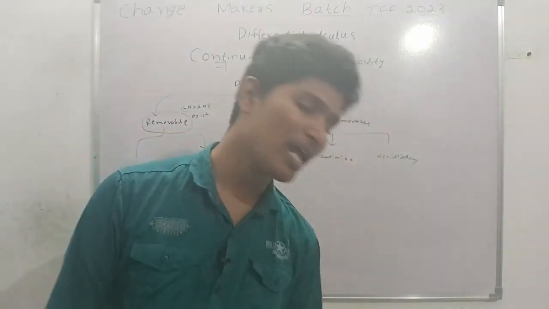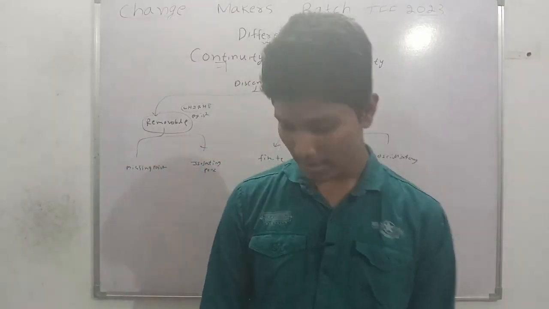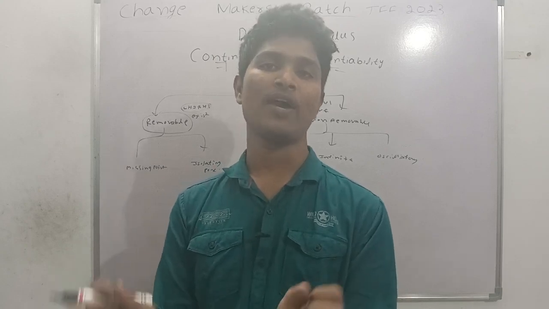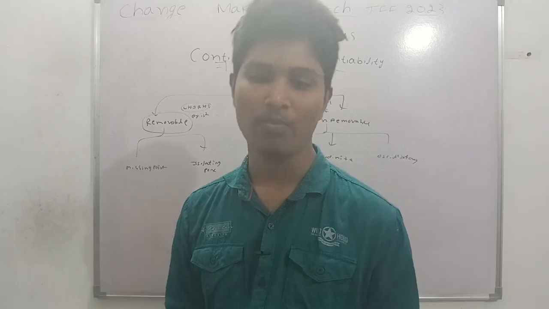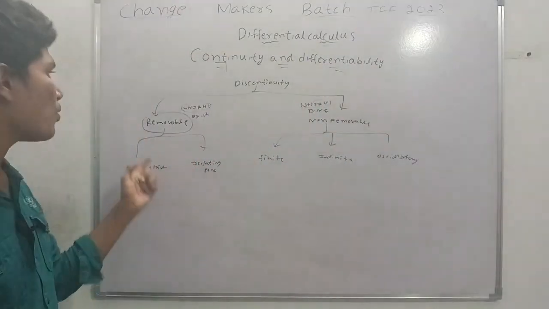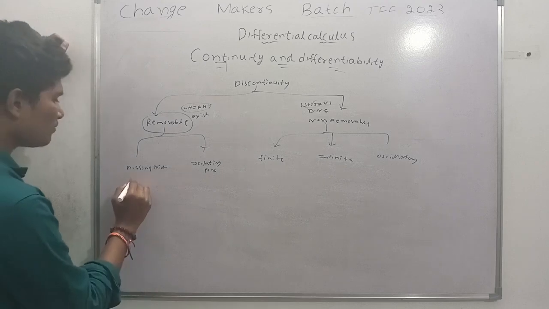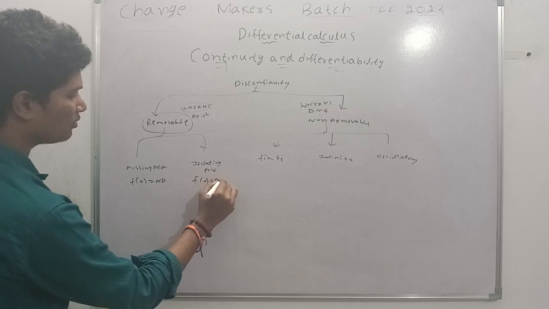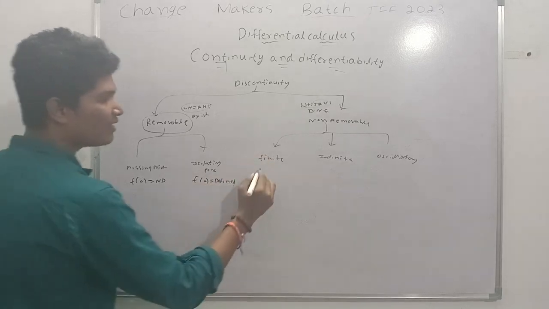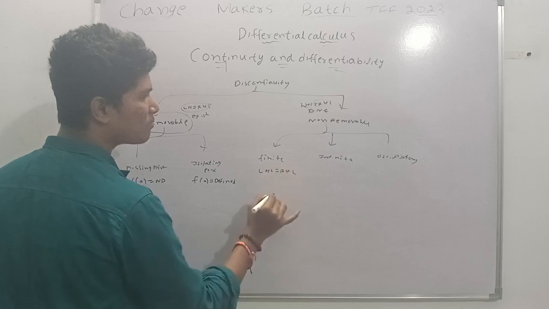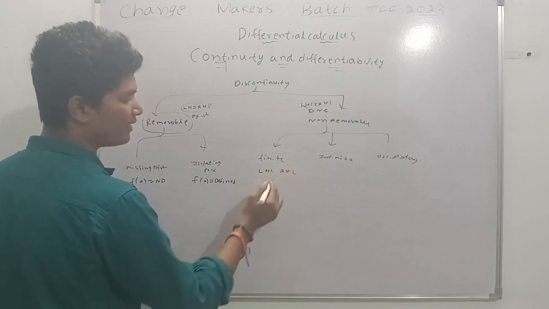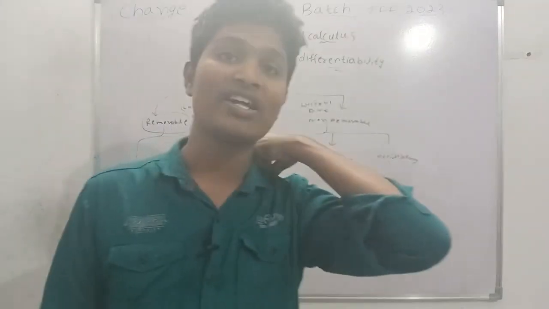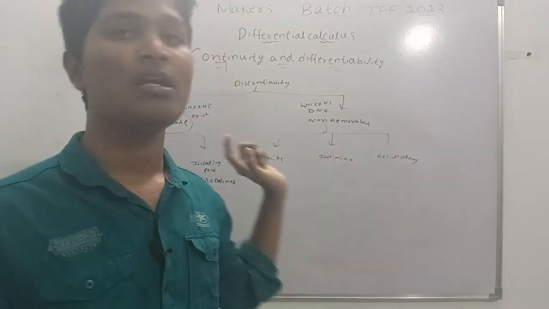And also, the removable type is divided into 2 types, that is missing point and isolating point. And the second one, the non-removable part, has three parts, that is finite, infinite and oscillatory. These things you have to remember. And when it is a missing point removable discontinuity, the function is not defined here, but here the function is defined. And when it is finite, when LHL and RHL are finite, these things you have to remember. When it is missing point removable, the function is not defined but the limit exists, but the function is